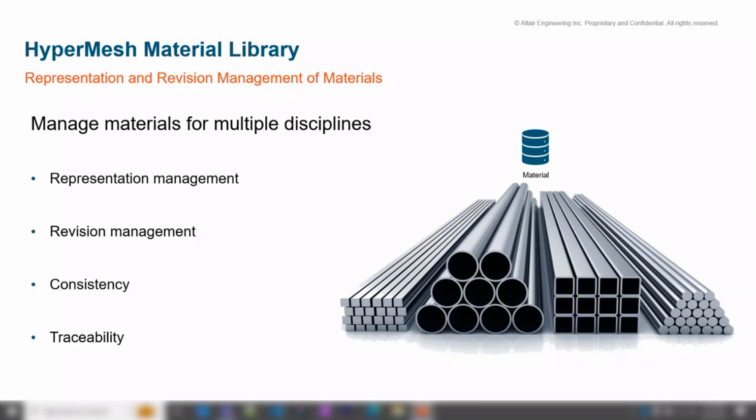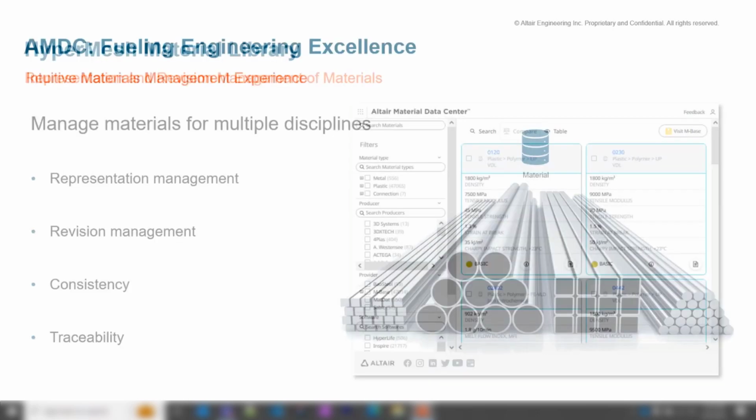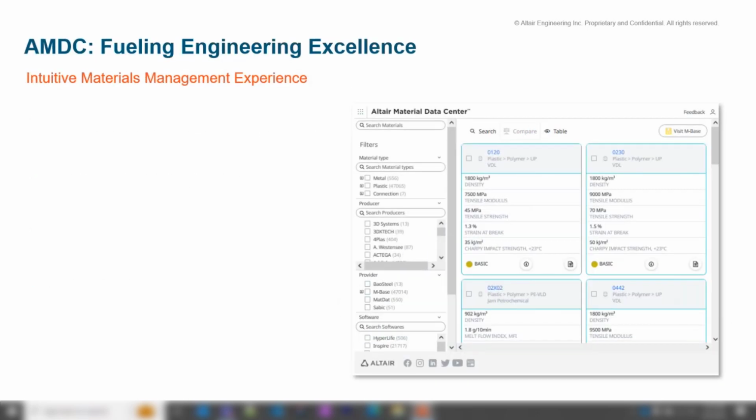already have. Today, we have the HyperMesh material library already integrated in HyperMesh, and we are building on top of this with AMDC. So the current material library allows you to do representation and revision management of materials. You can manage materials from multiple disciplines in a centralized library, facilitating the solver interface specific representations. You can also do revision management. It allows you to maintain your materials consistently, as well as have traceability. Having touched base on that, let's go to AMDC, the exciting